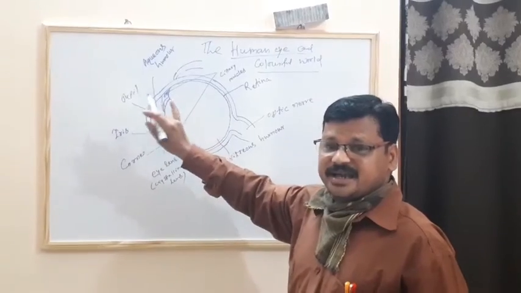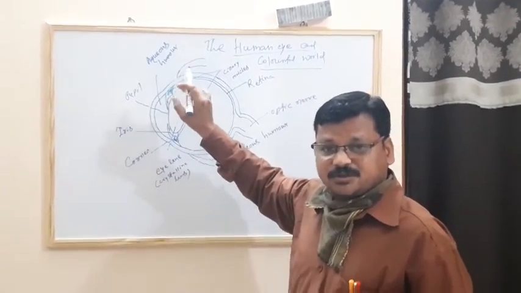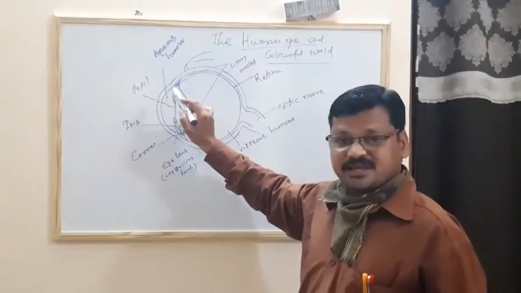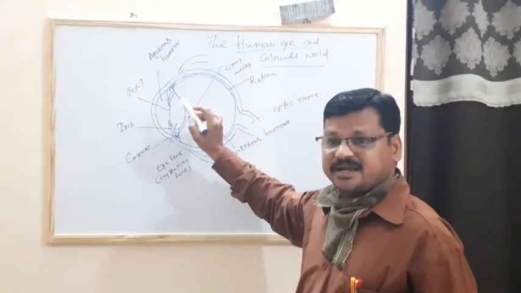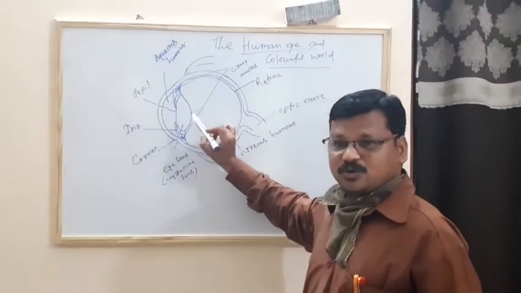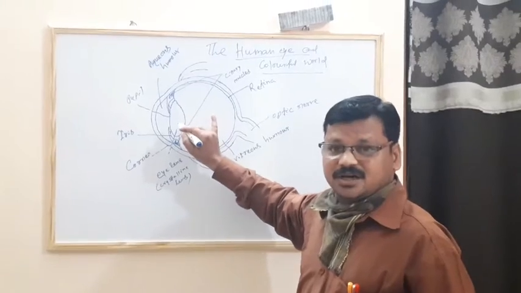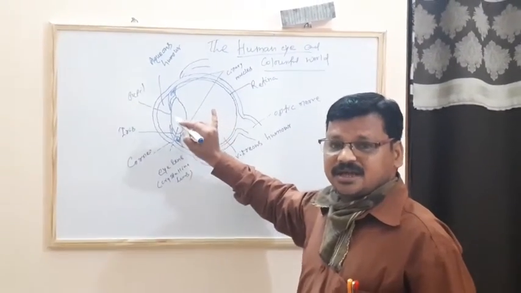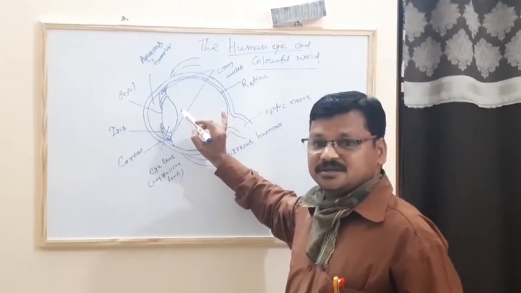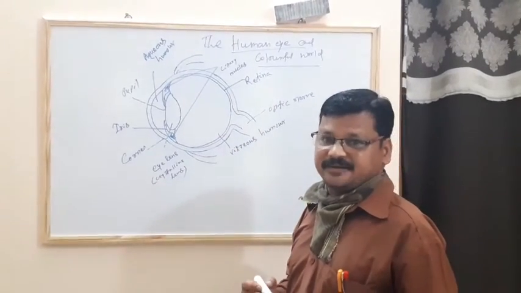Inside that ring-shaped colored structure, one small hole is there, called the pupil. When light enters, it first refracts in the cornea, the front part, which is transparent and bulge-shaped. Light passes through the cornea and enters through the pupil. The pupil is the hole present at the center of the colored diaphragm, the iris. Light passes through the pupil and images are formed through the lens. The light rays pass and images are formed at the retina.